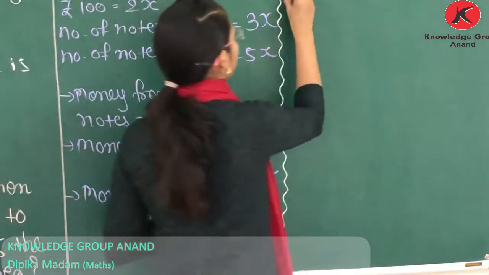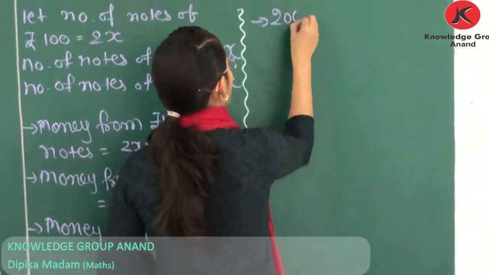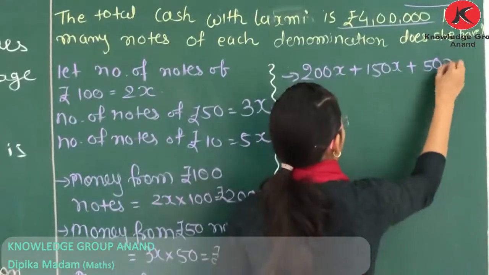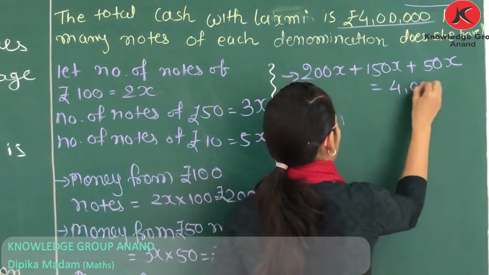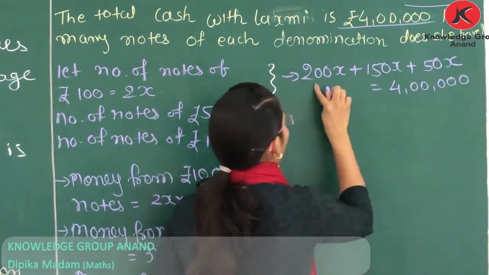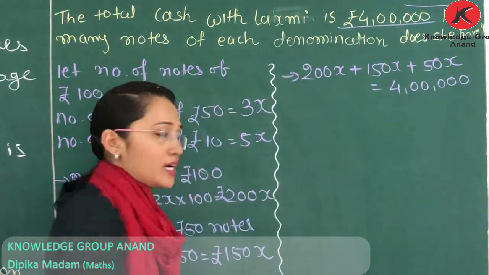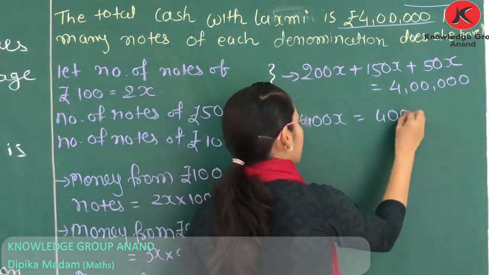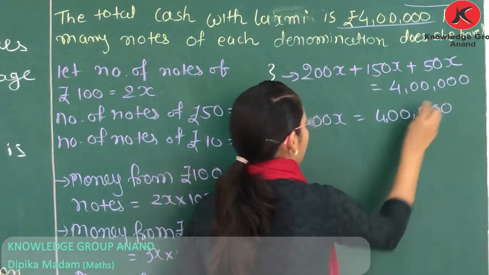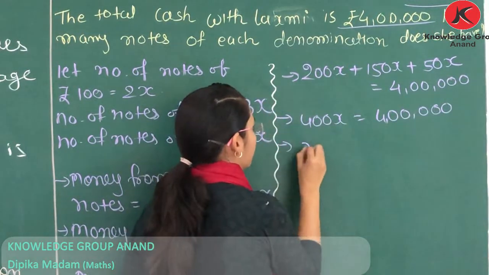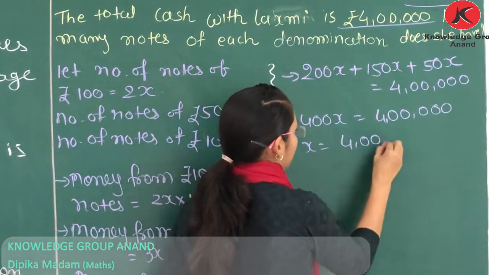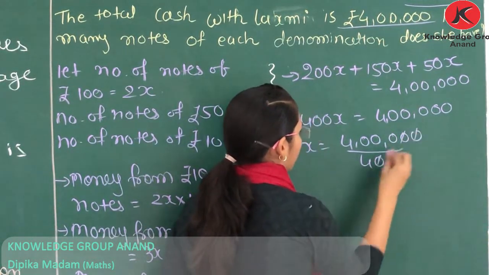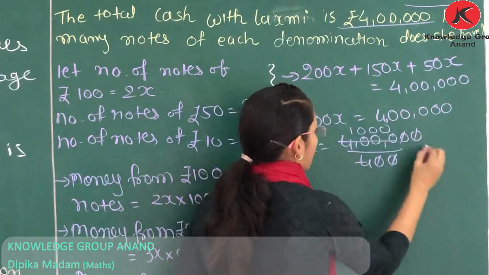So we can write 200x plus 150x plus 50x is equal to 4 lakh. 200 plus 150 plus 50, that is 400. Now divide by 400. So x is